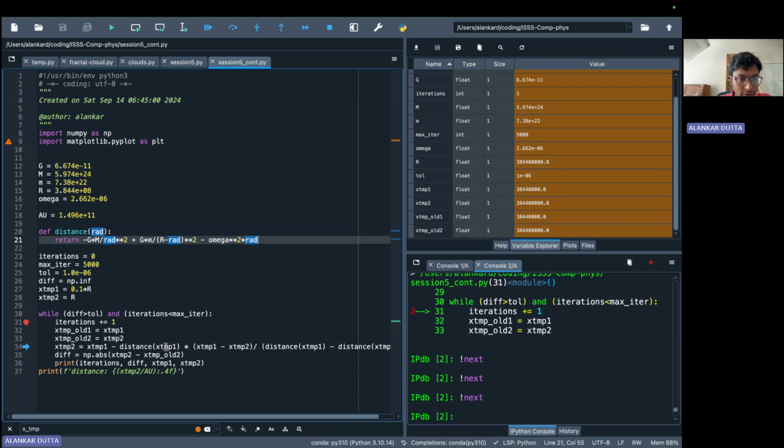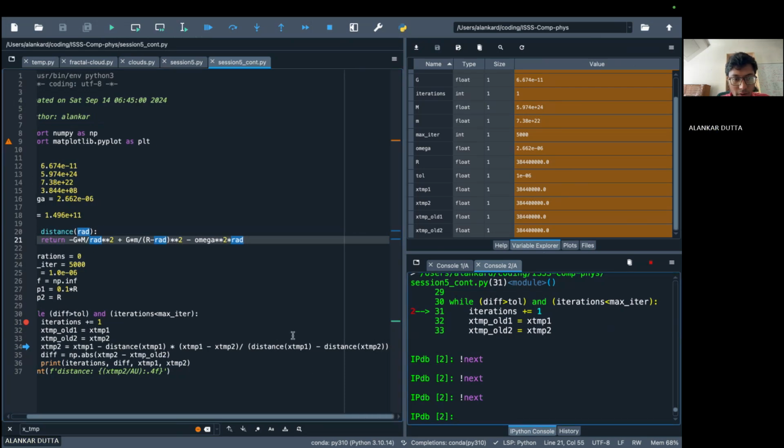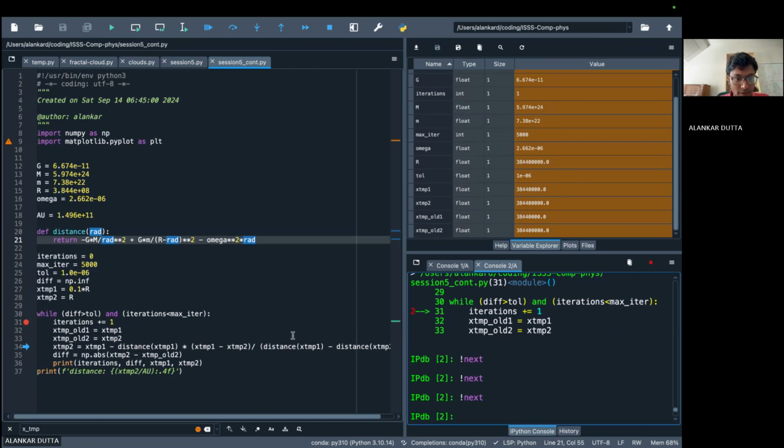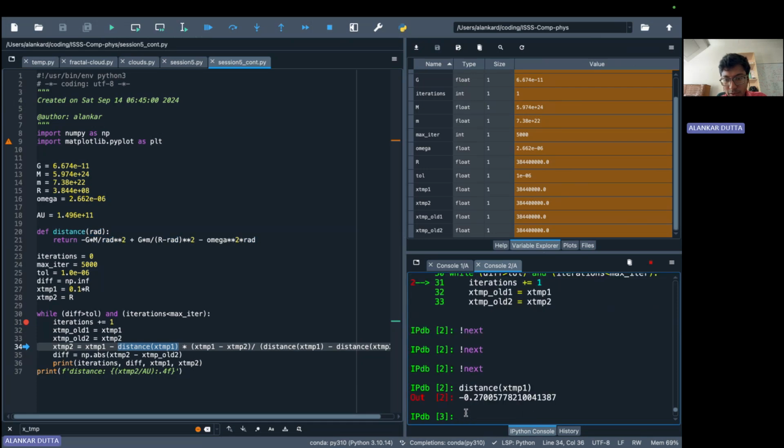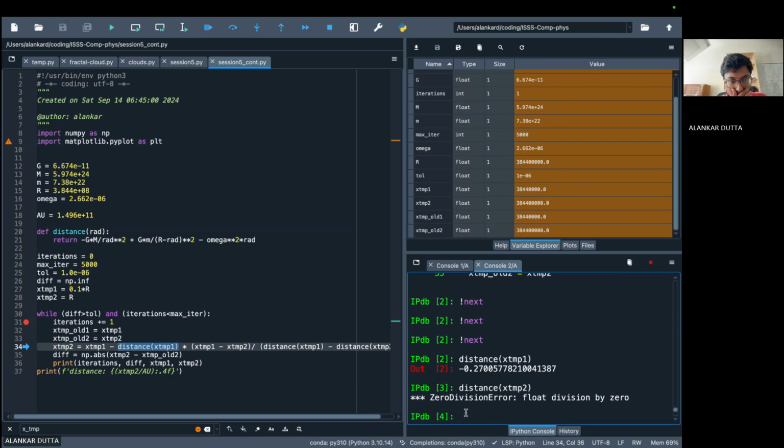So let's see, xtmp distance xtmp1 would give me something. xtmp2 gives me an error, and that is because I guess I put this to R, so I'll put this to